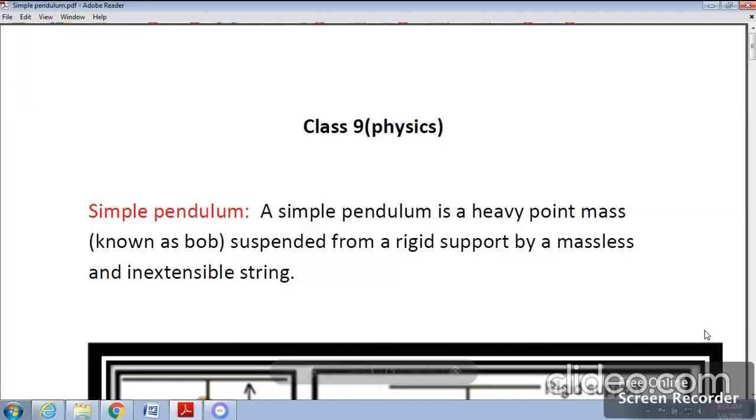Hello students, today we reached the last topic of this exercise 1, that is measurement of time and simple pendulum. We commonly use pendulum clocks in offices or homes to note the time, which is based on the periodic oscillations of a pendulum. A simple pendulum is a heavy point mass